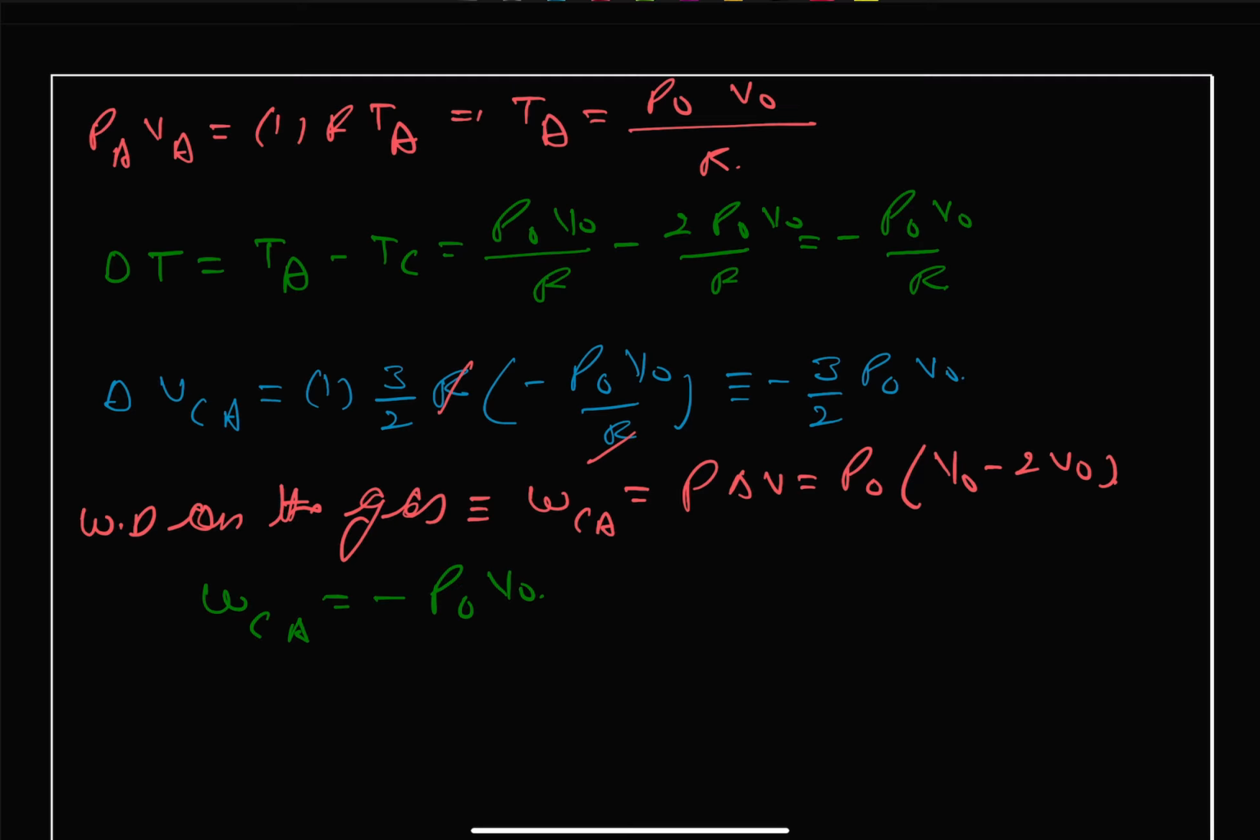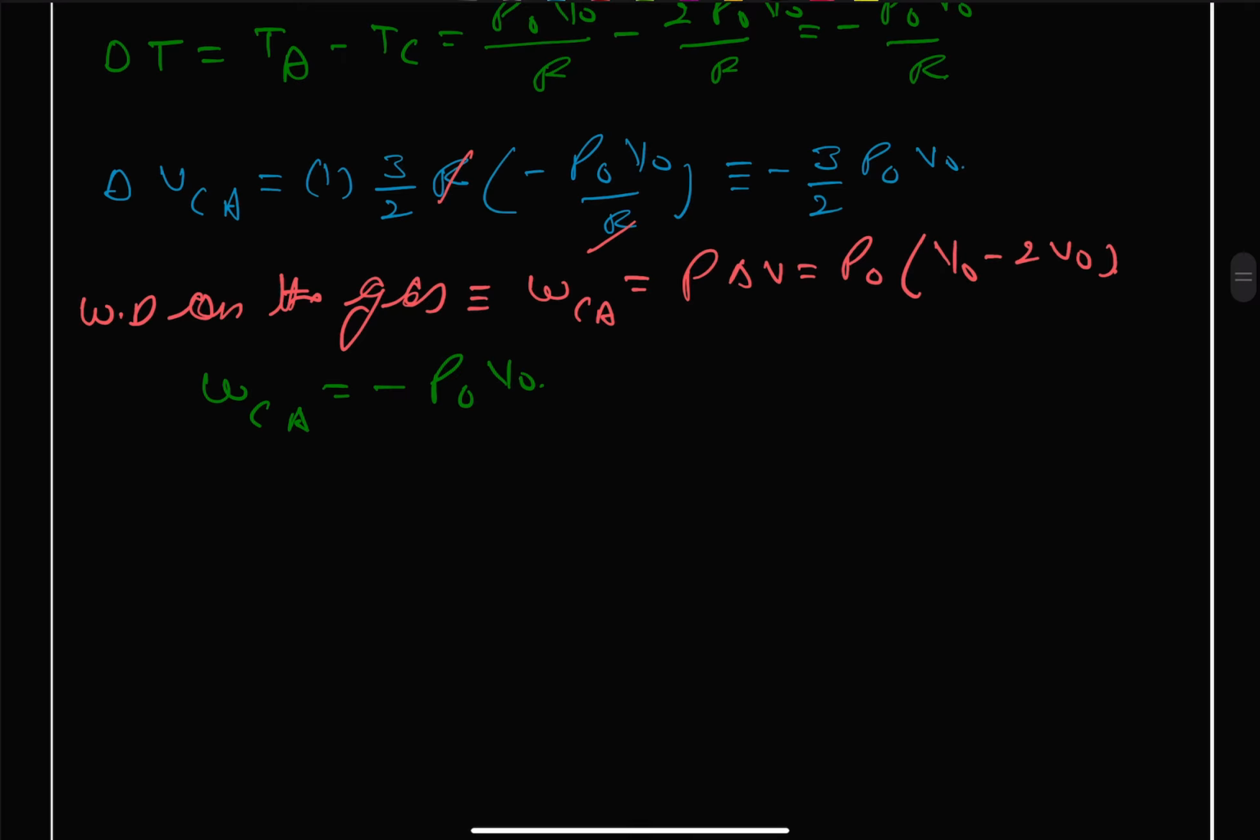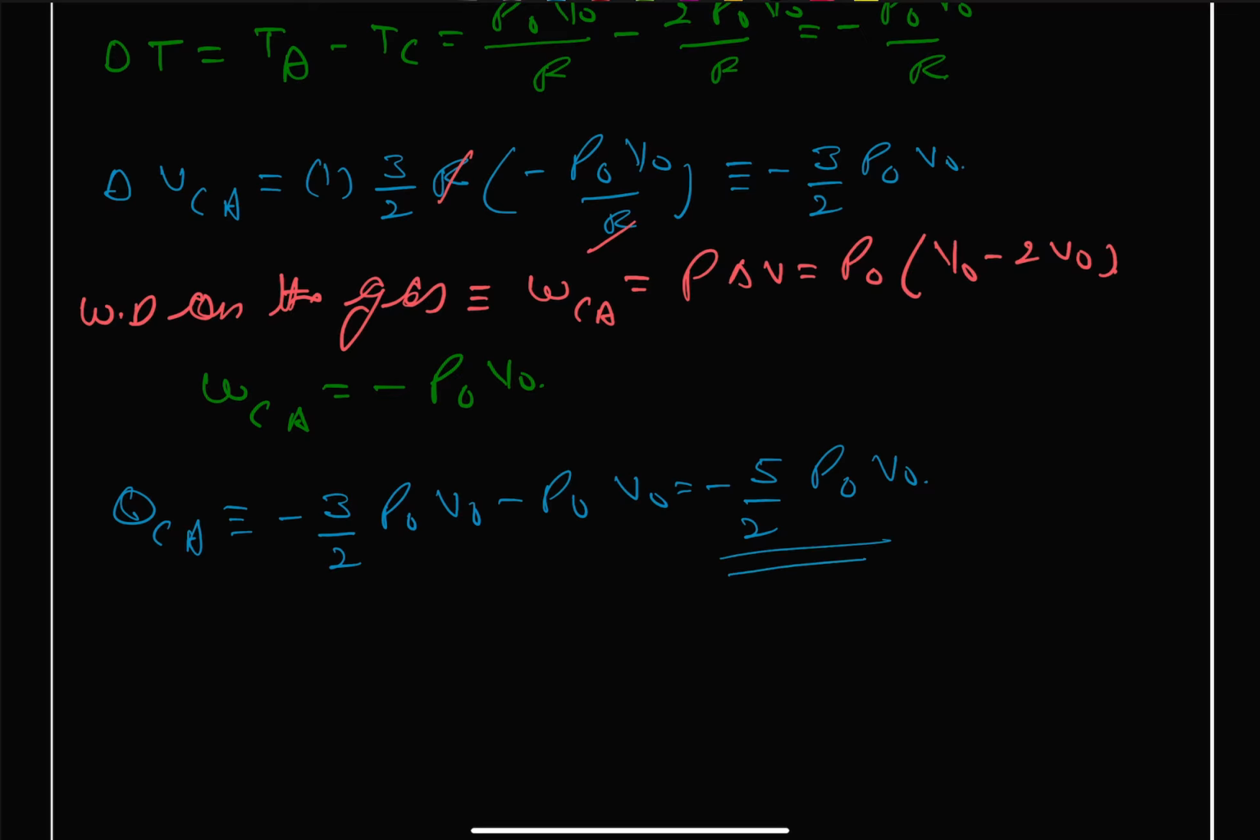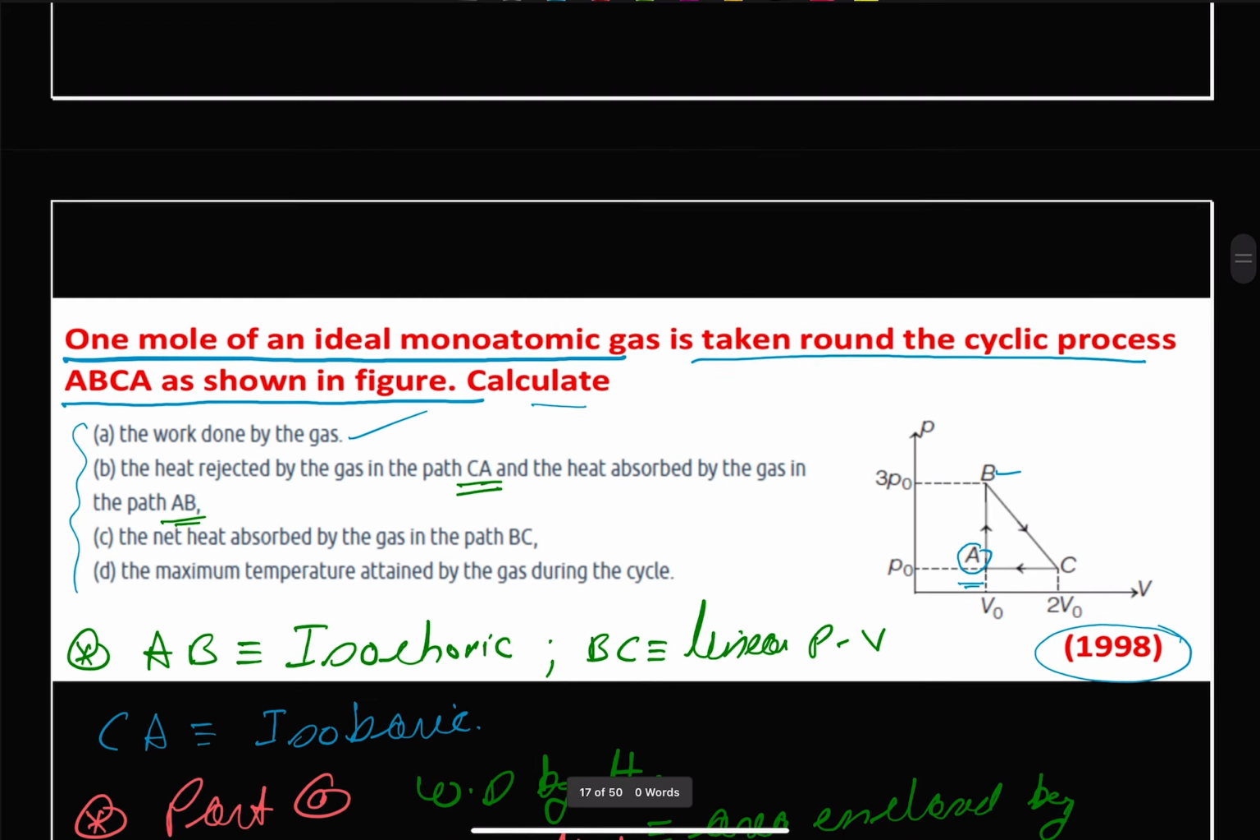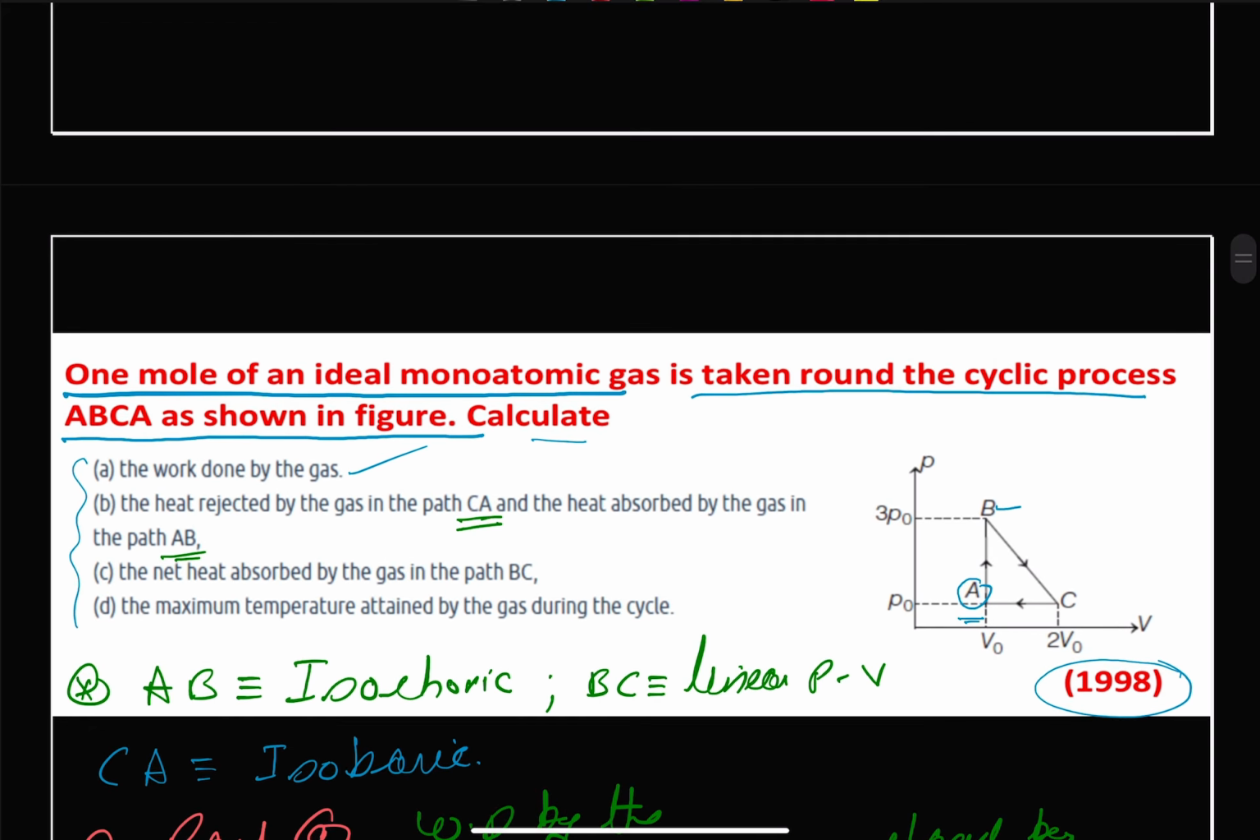And therefore QCA will be equal to minus 3 by 2 P naught V naught minus P naught V naught, it comes as minus 5 by 2 P naught V naught. Okay. So it means the heat rejected is 5 by 2 P naught V naught. Okay. And part B, heat absorbed by the path AB. Same process we can use,